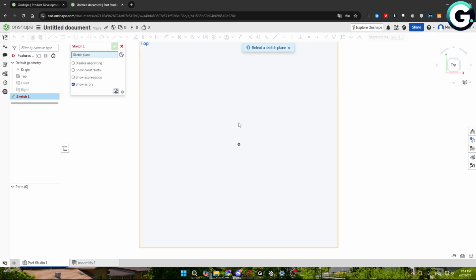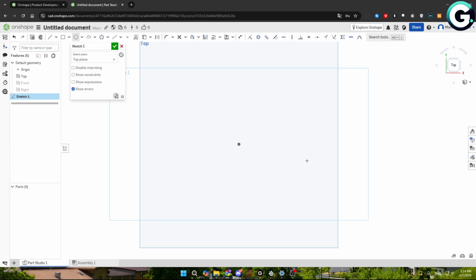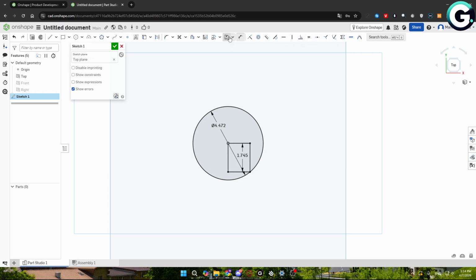First of all, do a sketch, and let's say I will sketch something fast, so I will add random objects into the sketch. Now add some dimensions to make it fully defined. So I will add some dimensions, and now to move the sketch, what we'll need to do is basically go